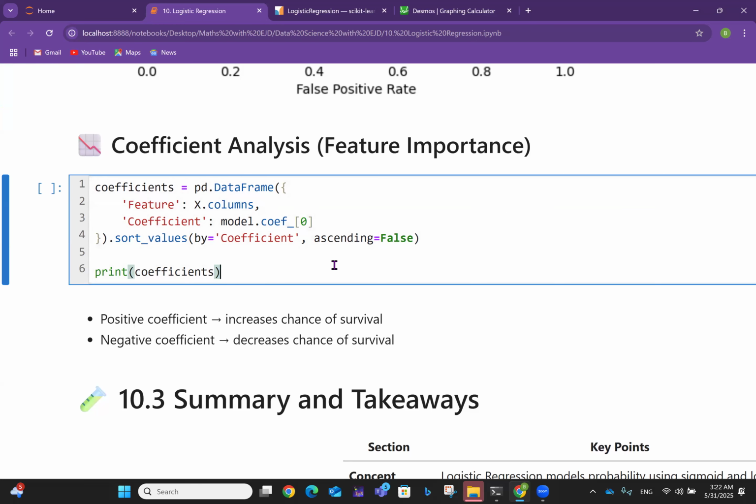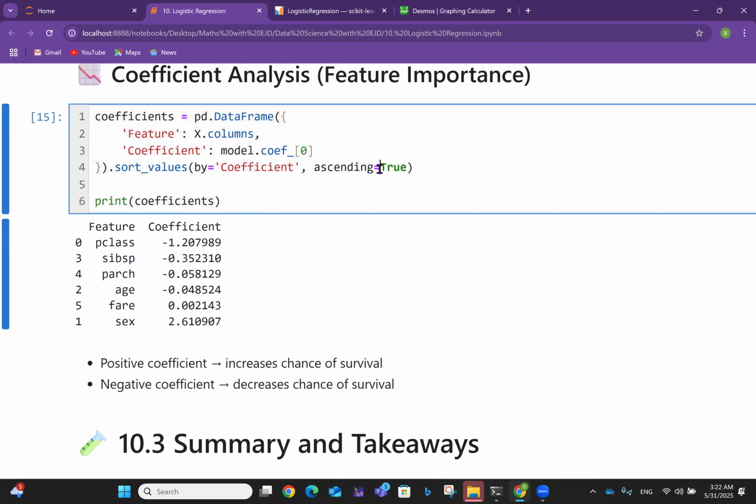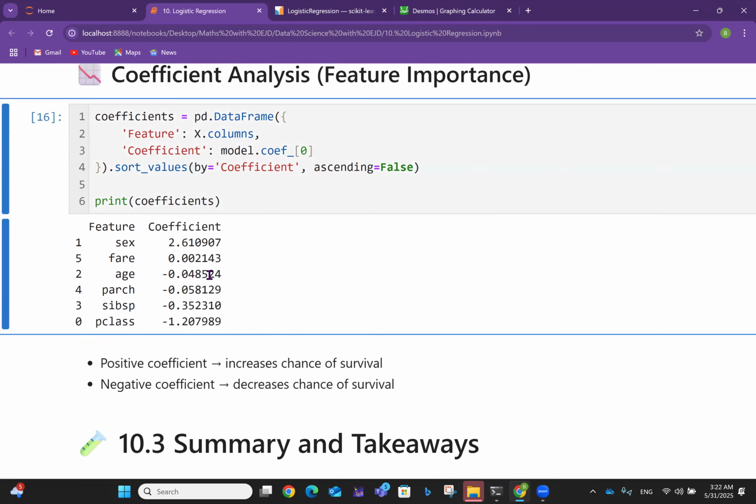Ascending is false, right? So I think I just like ascending order. Let's do it in ascending order, so the best start from the top. So we print this. Oh, ascending true means it's in ascending order. Okay, let's do ascending false actually. That's what I actually wanted. So you see, in this case now,